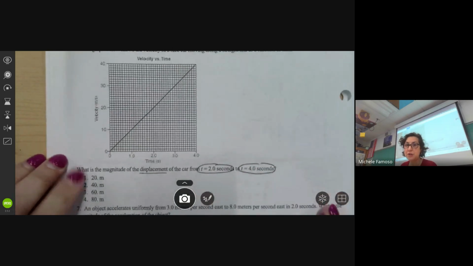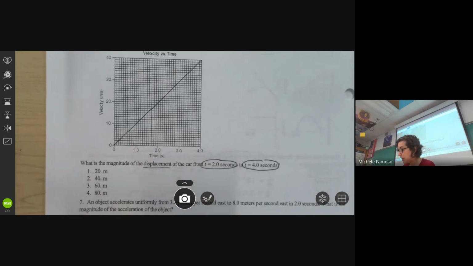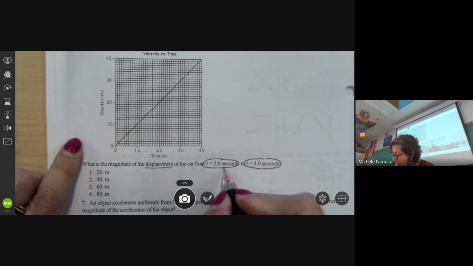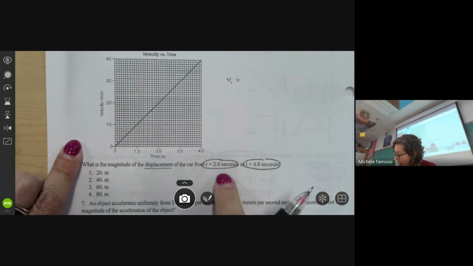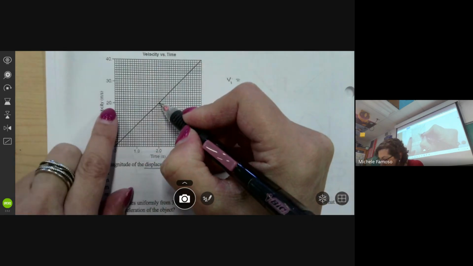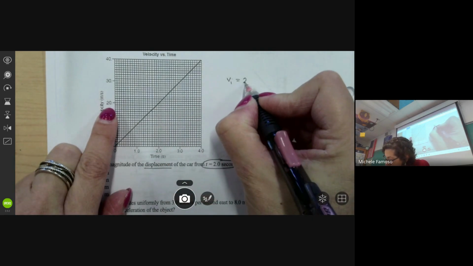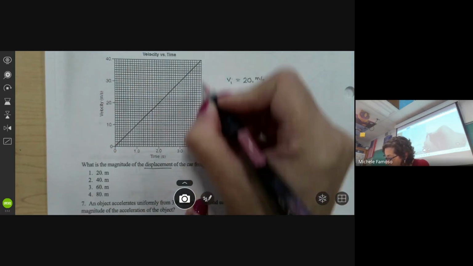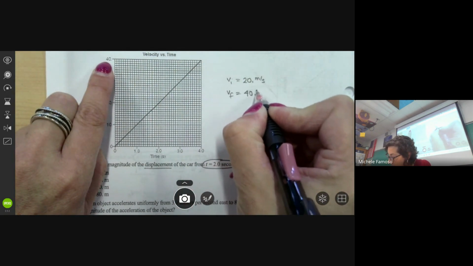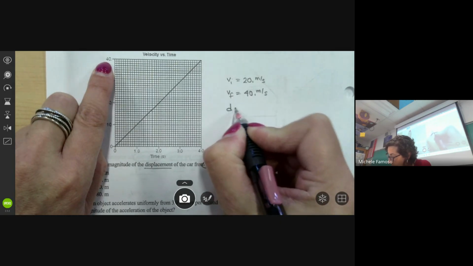So the way I'm going to do this from this graph, which is velocity time, is I'm going to get my givens from the graph. So I can see on this graph that my VI would be the velocity at 2 seconds. So if I go up on the graph and over, my VI is 20 meters per second. At 4 seconds here, that would be my VF, which is 40 meters per second, and I'm looking for the